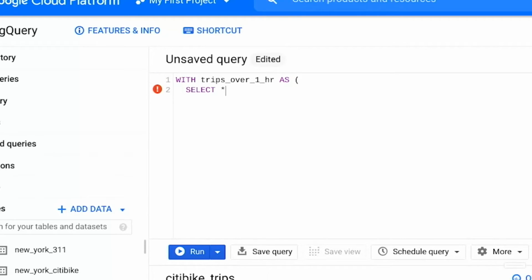We'll type SELECT followed by an asterisk. You might remember the asterisk means you're selecting all the columns in the table. Now we'll type the FROM command and name the dataset we're pulling from: bigquery-public-data.new_york.citibike_trips.